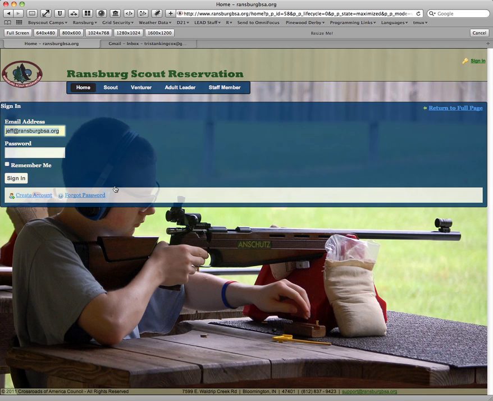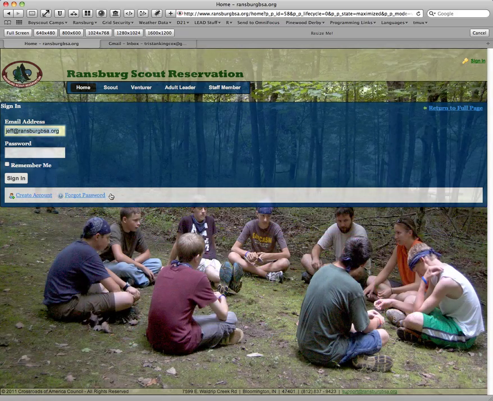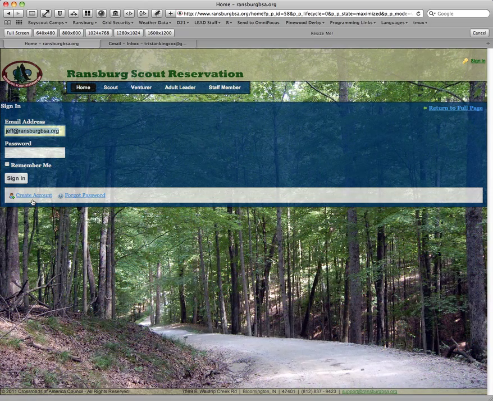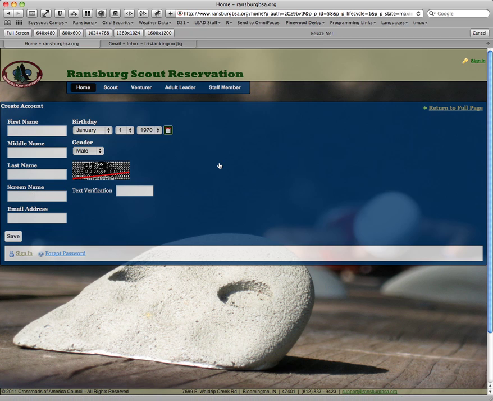Note, however, there's also this button here, or link, for retrieving a password that you forget. And if you're like me, that means this particular link will be real important for you in the future. All right, so let's go ahead and click on the Create Account link. It gives us a new